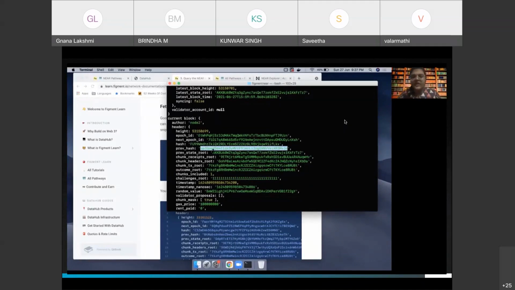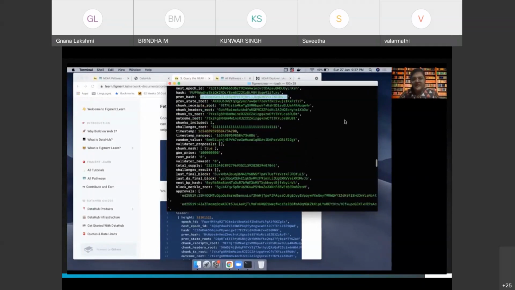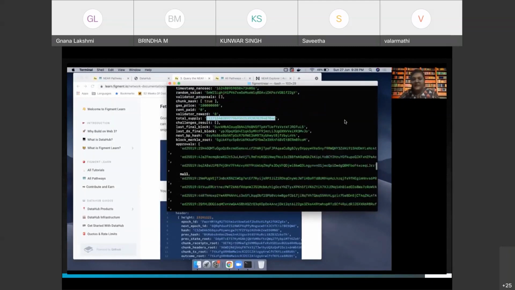So you can see the previous hash. You can see things like, I don't really understand what the challenges root is, to be honest. The timestamp, nanoseconds, a random value that is used in the validation process, right? The gas price, the total supply, last final block. All of these different types of information.